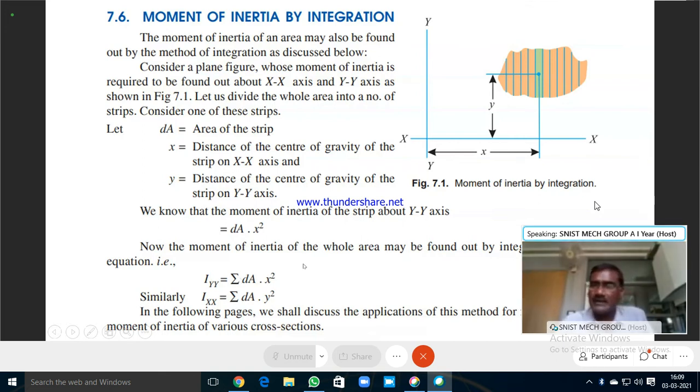Here conceptually the area is divided into some simple areas. You can see that division lines are also given. If we sum up all this, that is what sigma is. Okay, you please note down this figure and these two equations only. Don't note down this total description, which is not required. Note down the title moment of inertia by integration, and this elemental area is very small, right? Then you are going to do integration of it. Okay, so shall I proceed to next slide?